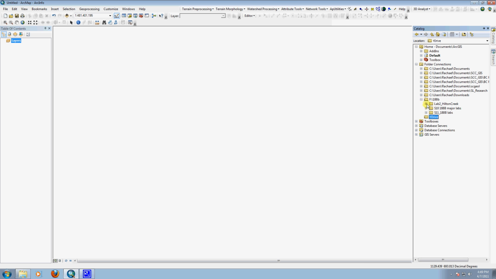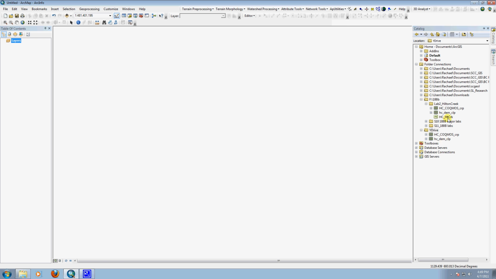So for Lab 2, thanks to the glorious write-up made by my TA, I know that I'm going to need this file HCDEM. I'm going to need HC Hot Creek, a shapefile of Hot Creek, and this file, a color digital orthoquad mosaic that my TA worked tirelessly into the night to create. I'm going to copy that first because it's the biggest one, and I'm going to paste it into my Y drive. Looks like it showed up there, so now I will go to the DEM, copy that,